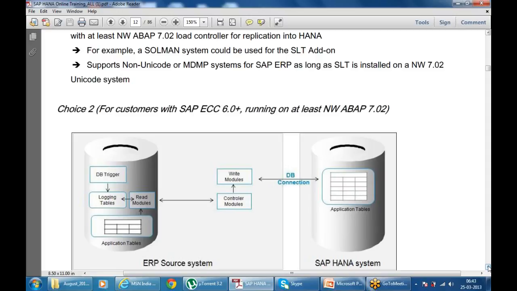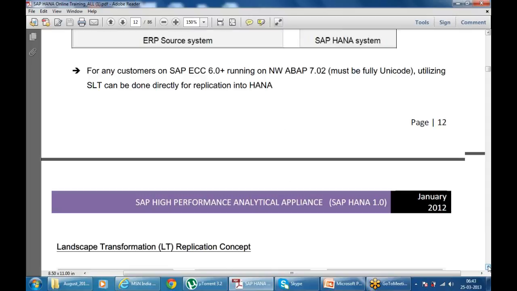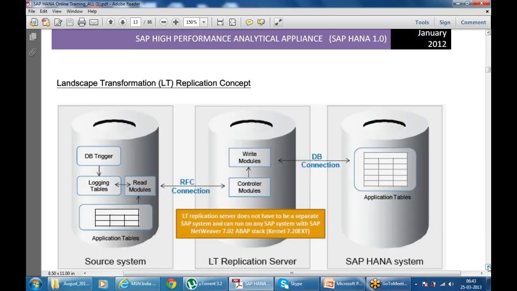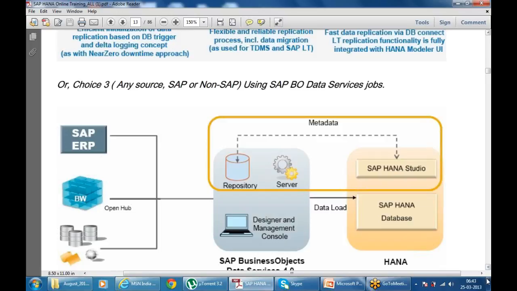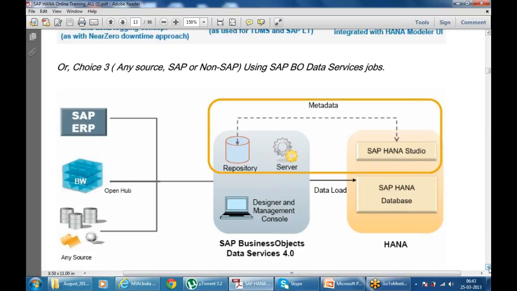So the third method that we looked at was the data services method of replication. And we tried to understand how the replication is handled as a bidirectional component here in the SAP Business Objects Data Services for replicating data from any of the tools into the SAP HANA database. But specifically talking about SAP